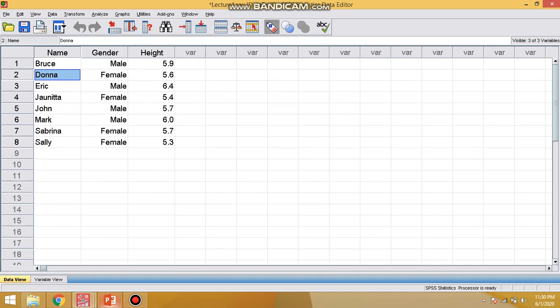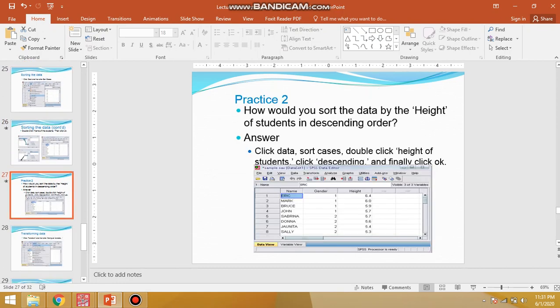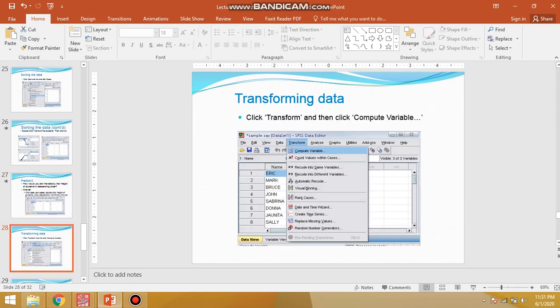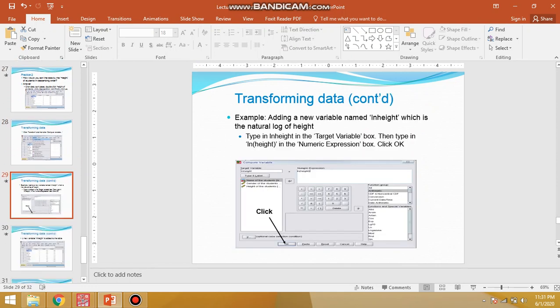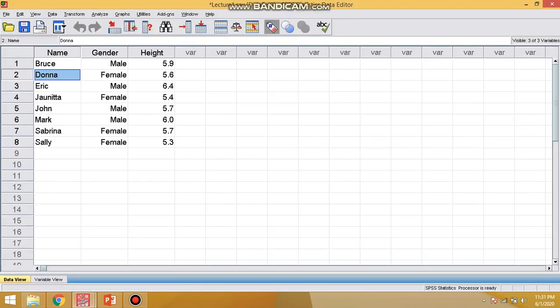After sorting, if we want to transform data and create a new variable, like we want to take the log of this height, how can we do that? We'll come to Transform, Compute Variable.